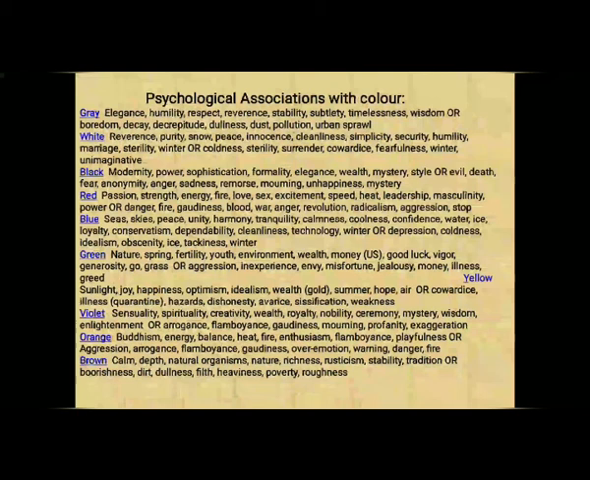Psychological associations with colors: gray means elegance, humility, respect, reverence, stability, subtlety, timelessness, wisdom, or boredom, decay, dullness, dust, pollution, urban squalor. Now white: reverence, purity, snow, peace, innocence, cleanliness, simplicity, security, humility, marriage, or sterility, winter, coldness, surrender, cowardice,